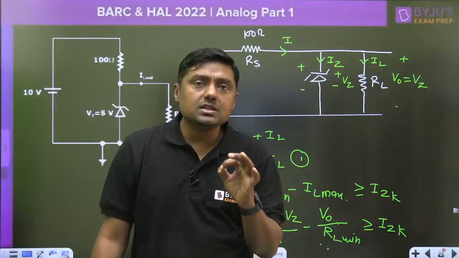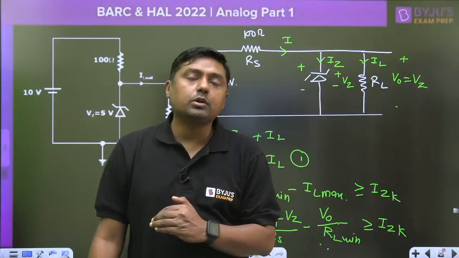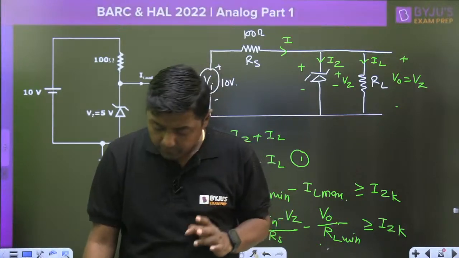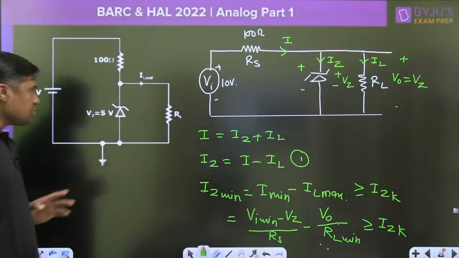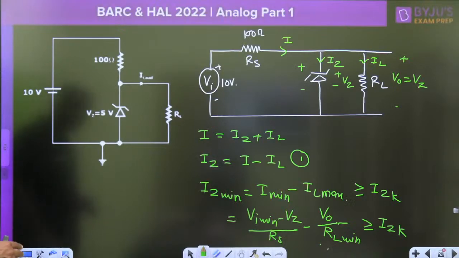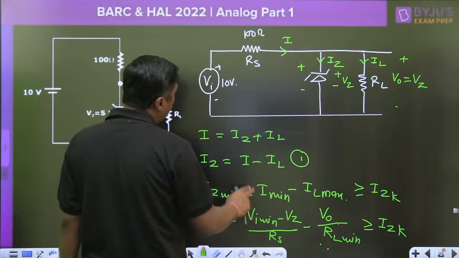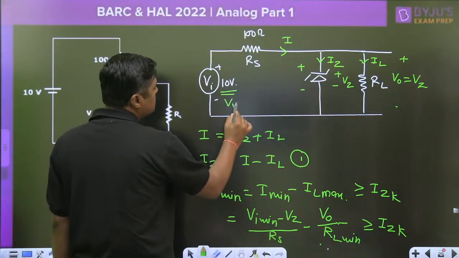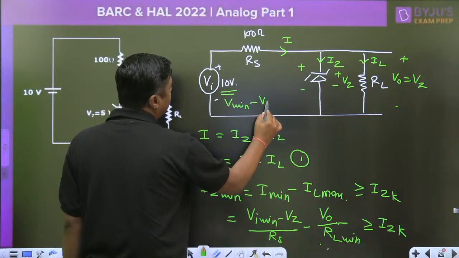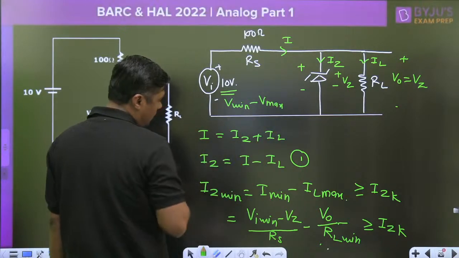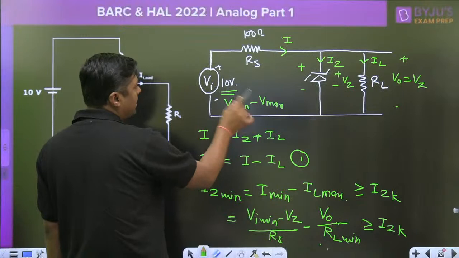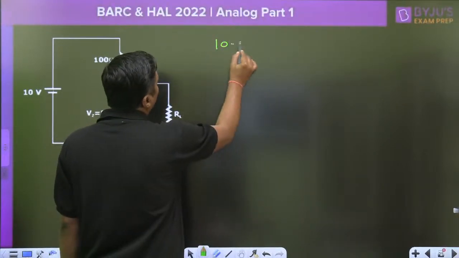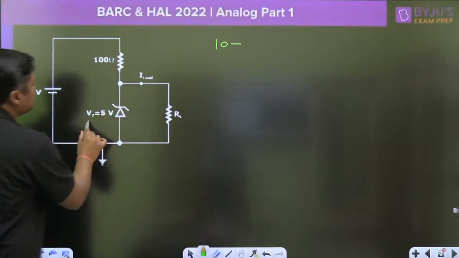If this current is less than IZK, Zener diode will come out of what? Breakdown region, and circuit will not perform satisfactorily. Okay, and that is the problem, to use this formula. And simply, what is the VI minimum? This is the fixed value. Otherwise, you have to use the 10 volt. Always there may be a variation from VI minimum to VI maximum. But here if you are having the fixed value, that minimum and maximum all are 10 volt, use this 10 volt minus VZ. 10 volt minus VZ, 5 volt, this VZ is given as 5 volt,